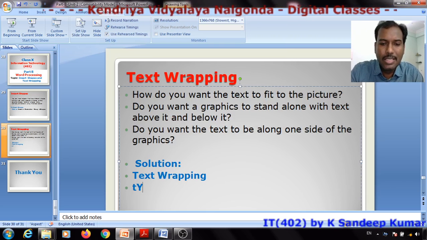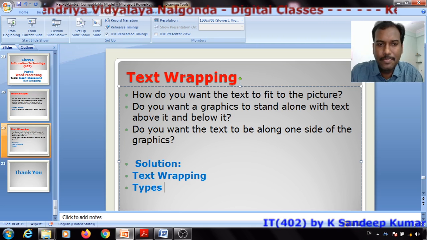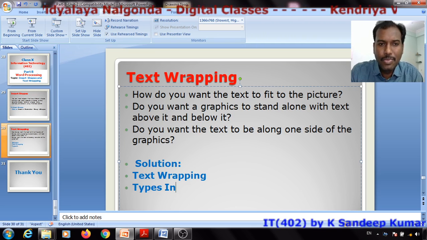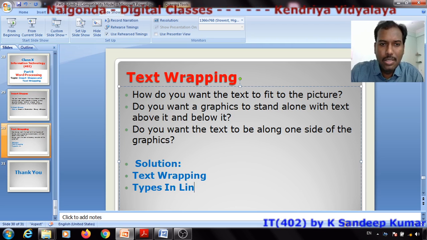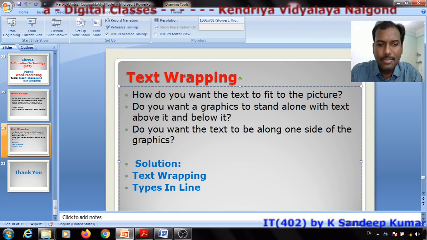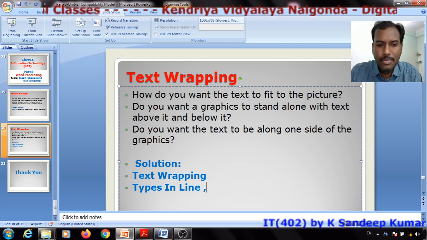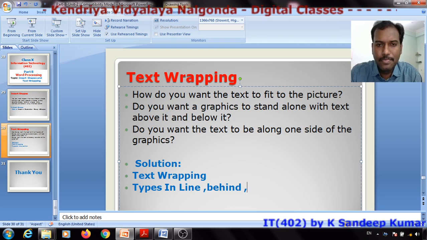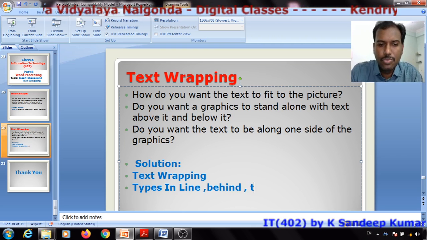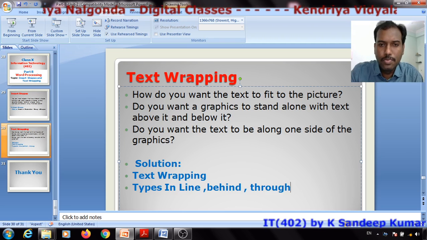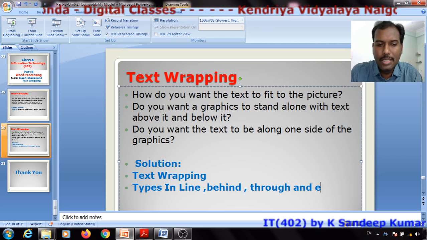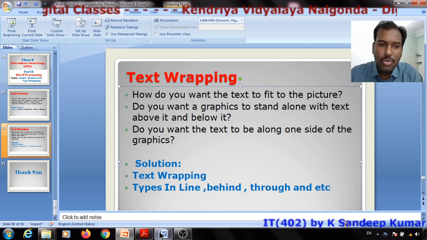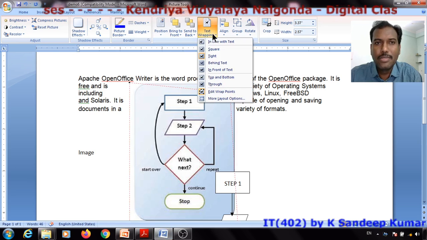So you can write types: inline, behind, through, and etc. Okay, you can find the text wrapping options.